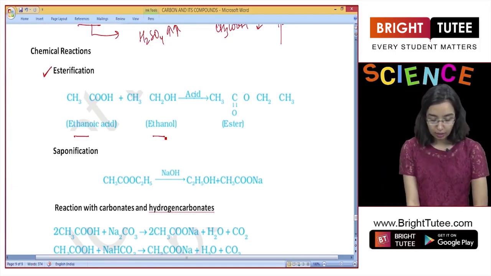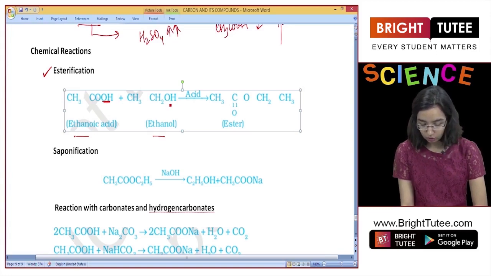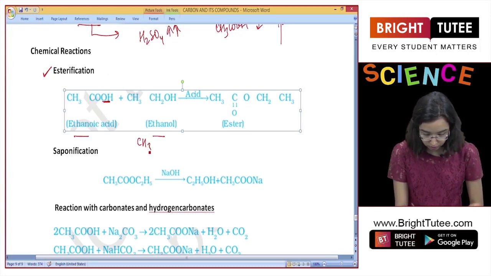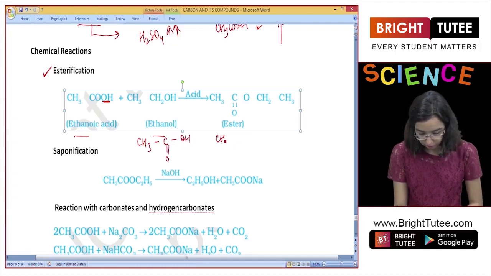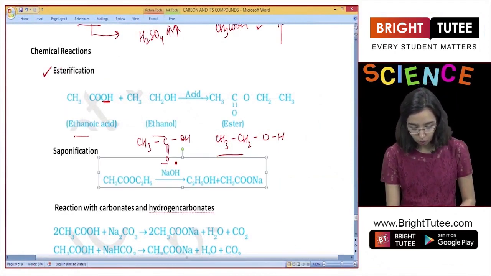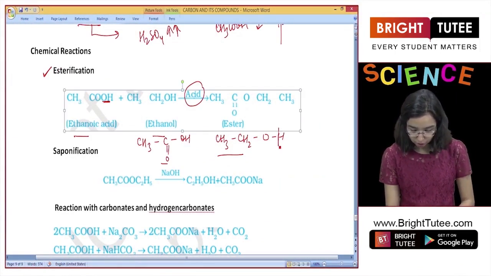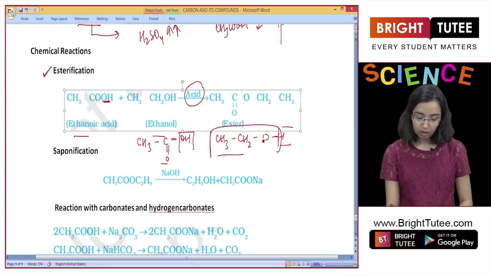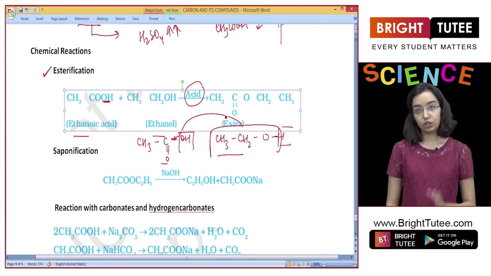What happens here is that there is this OH group at the end, and there is this OH. So let's just write it simply. It will be CH3C double bond O OH, and this is CH3CH2OH. So this is ethanol and this is ethanoic acid. In the presence of a dilute acid, these two react, and this H is lost from here and this OH is lost from here, and this combines here. You can consider this whole thing goes and attaches here, and this new compound that is formed is